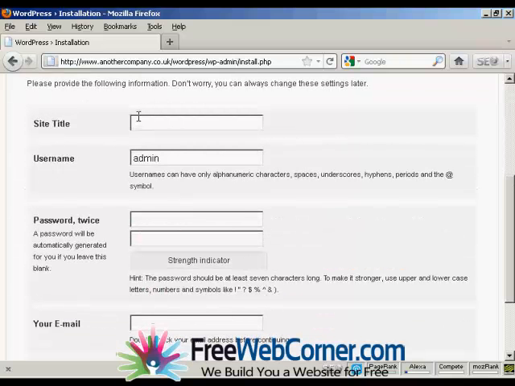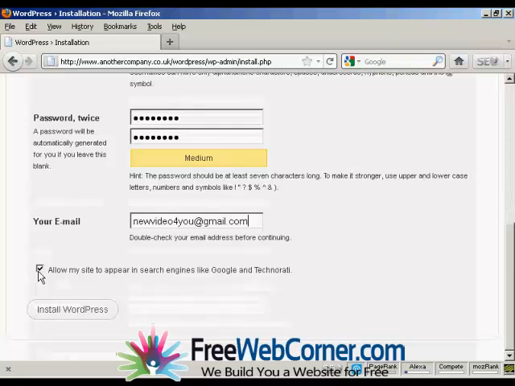Then you need to fill in this information here. You want the site title. Let's call this Sam's blog. Username, the default one is admin, and it's best to leave it at that. You can always add new ones later. You want the password, and then put it in again, your email address, and then you want to either check or uncheck this box here, allow my site to appear in search engines like Google and Technorati. Good idea to say yes, and then simply click on this button here, Install WordPress,